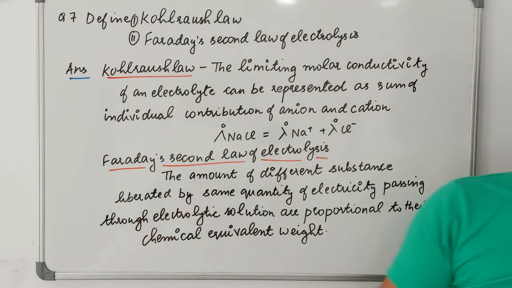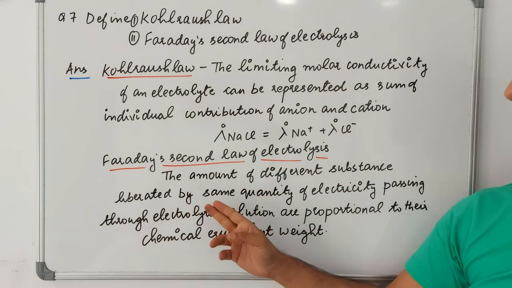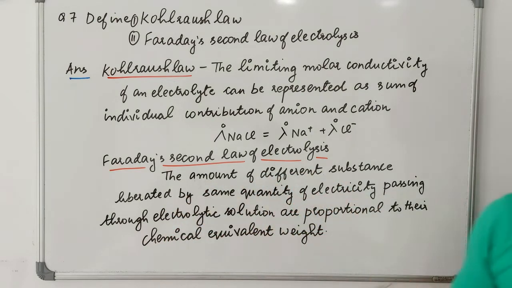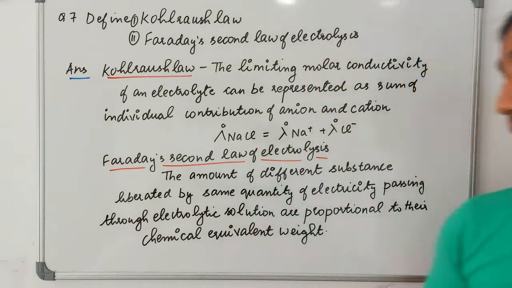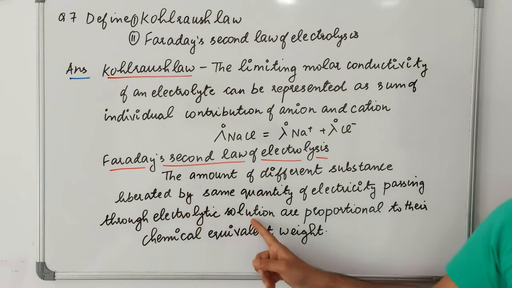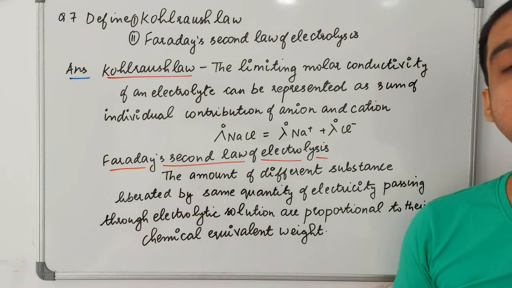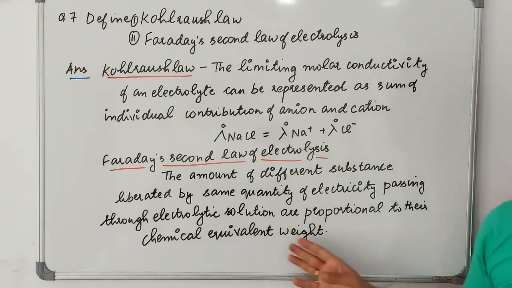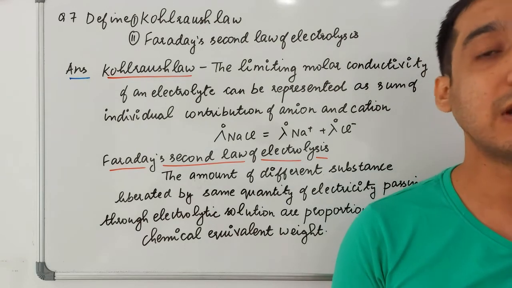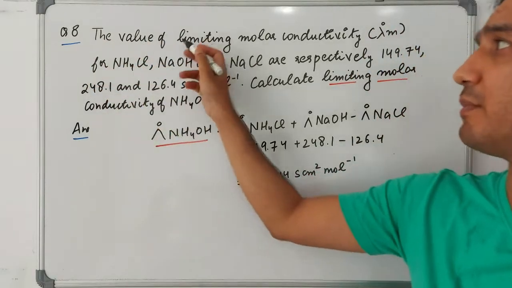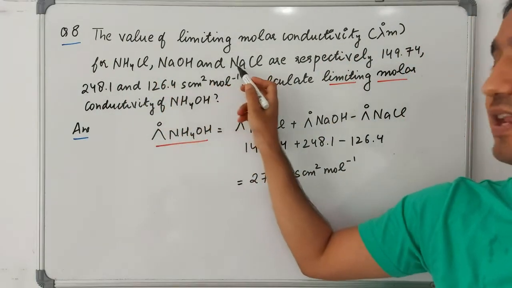Next is Faraday's second law of electrolysis. This says that the amounts of different substances liberated by the same quantity of electricity are proportional to their chemical equivalent weights. Suppose there are 2-3 electrolytic cells and you are passing the same amount of electricity through the electrolytic solutions, then the amount is always proportional to their chemical equivalent weight. The values of limiting molar conductivity lambda naught m for NH4Cl, NaOH and NaCl are